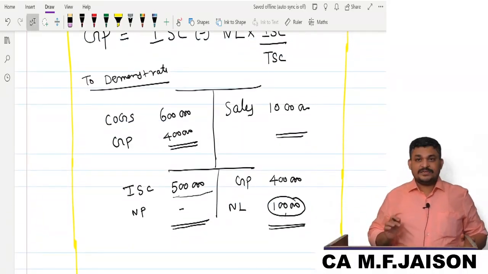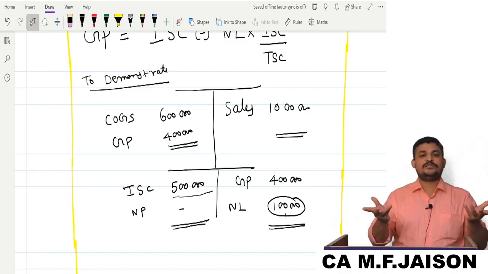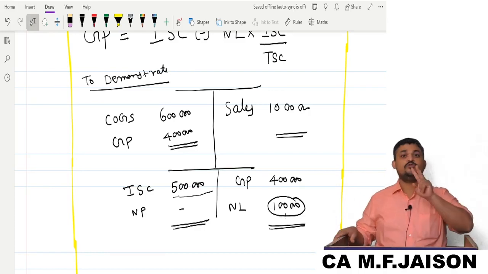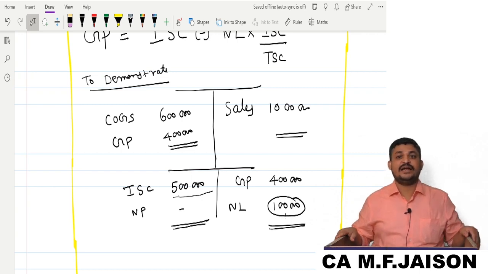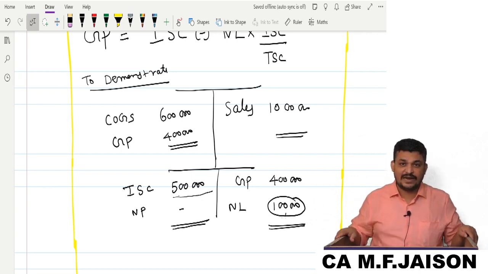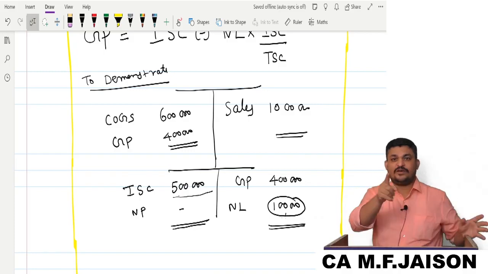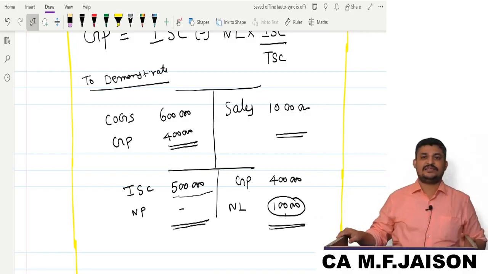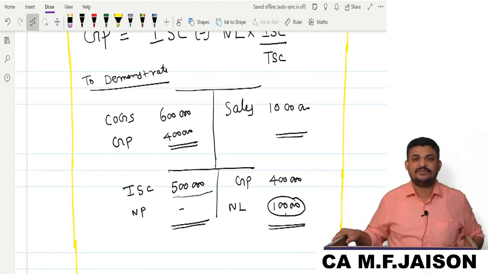But the point is, we will compensate you. Here first of all, do you have any profit to take home? No. So there is no concept of compensating you for profit. Actually there are two components of compensation: net profit and insured standing charges, provided you lose these two because of fire. Correct? Now here what you should understand is that anyway you are not going to make net profit.